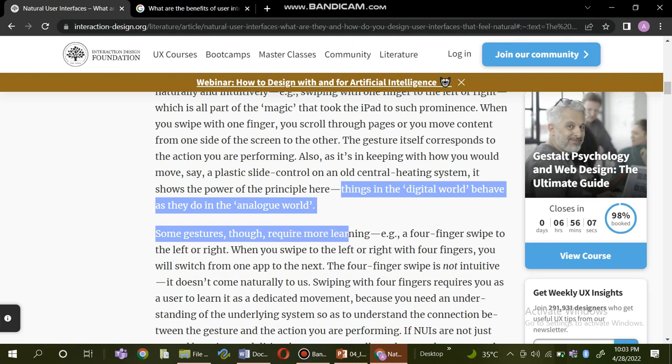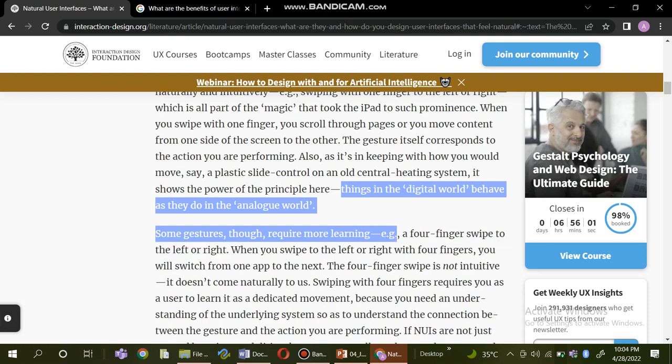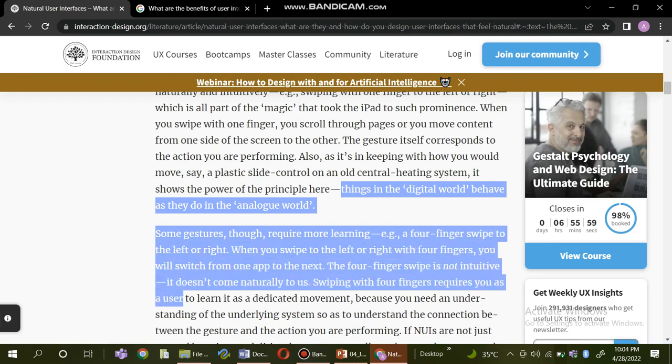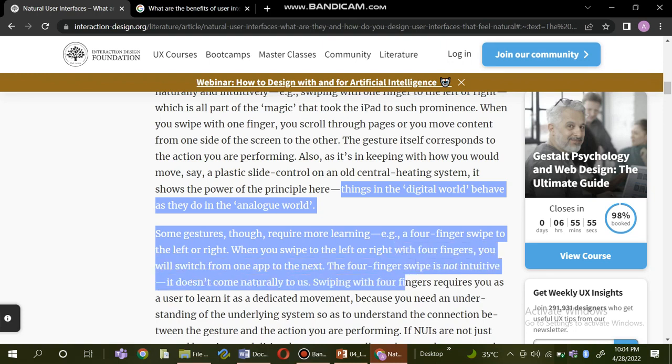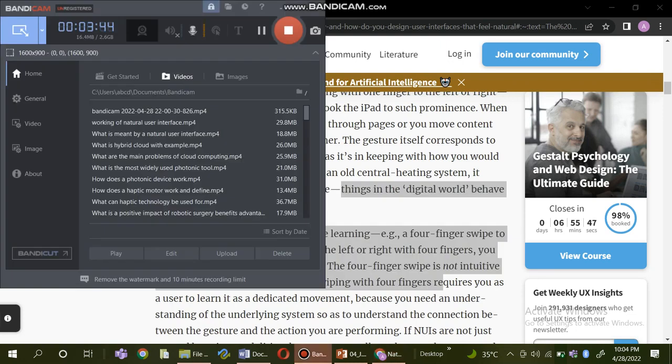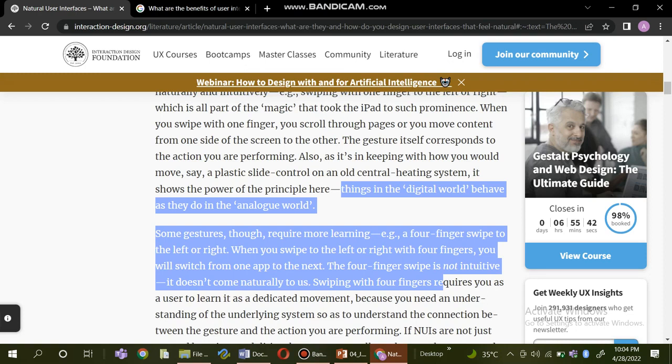Some gestures require more learning, like a four finger swipe to the left or right. When you swipe to the left or right with four fingers, you will switch from one app to the next. The four finger swipe is not intuitive. It does not come naturally to us. Swiping with four fingers requires you as a user to learn it as a dedicated movement,